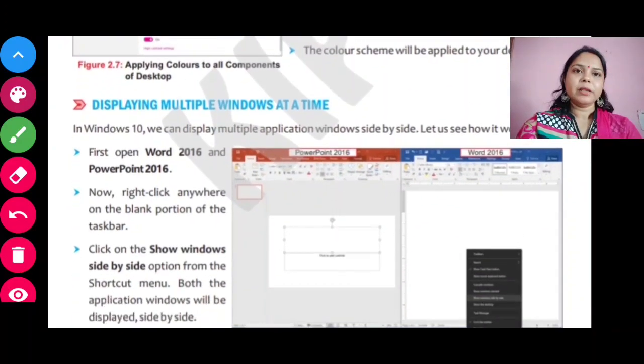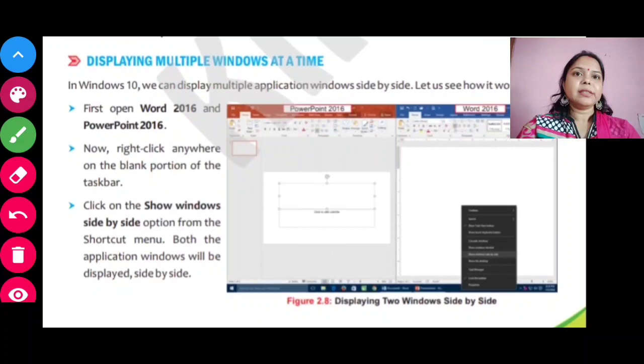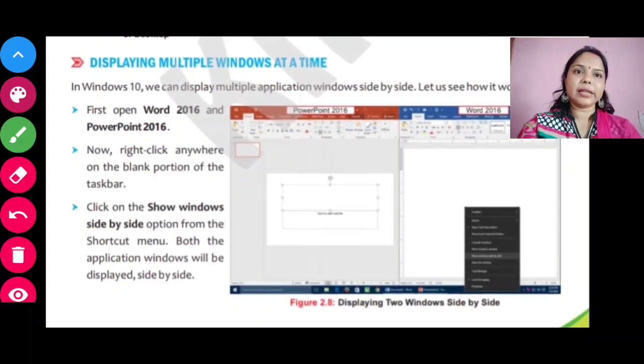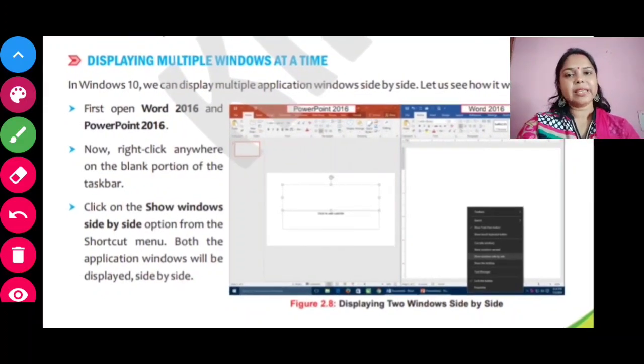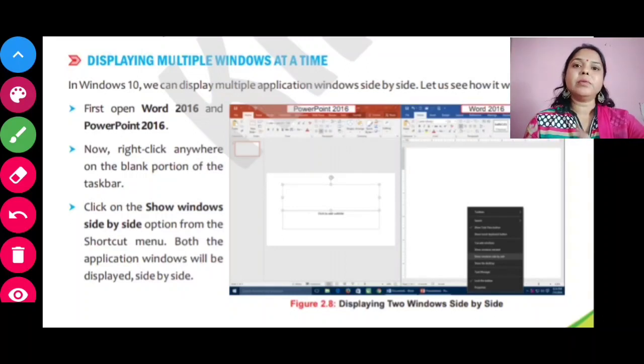Okay, our next topic is displaying windows at a time. This facility was not available before Windows 10. For the first time, this facility has been introduced in Windows 10, meaning we can work on two windows together at the same time.